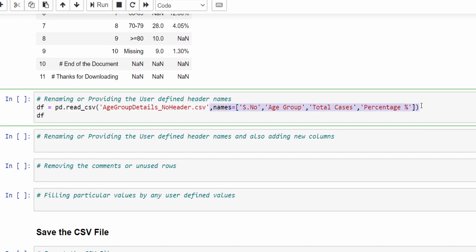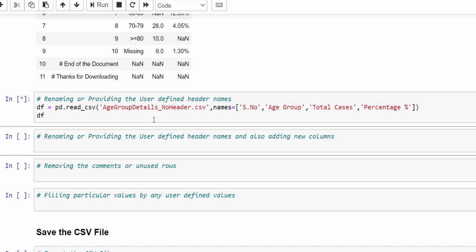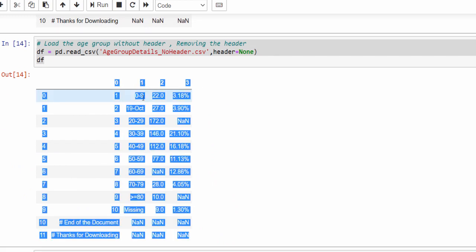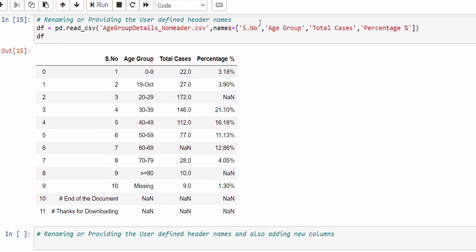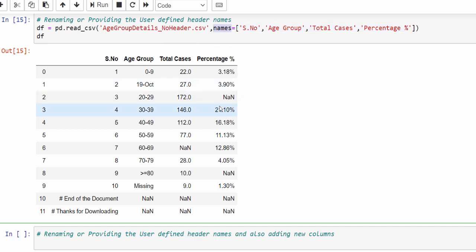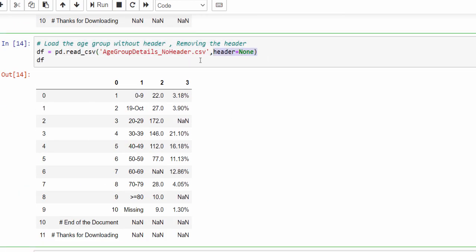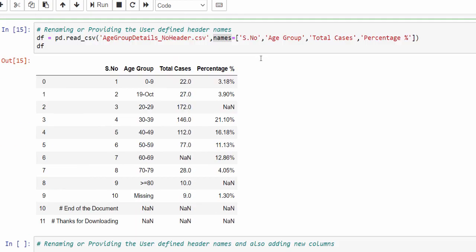Now we are defining the column names. When we execute, instead of 0, 1, 2, 3, the column names have been changed to user-defined column names: serial number, age group, total case, and percentage. So by using the names attribute, we can assign the column names. Then by using header equal to None, we can remove the headers.